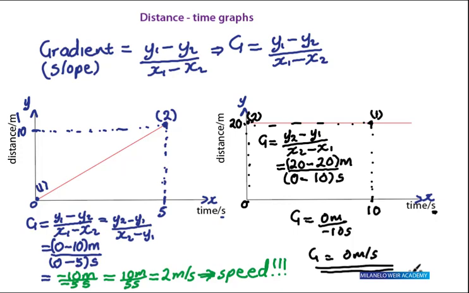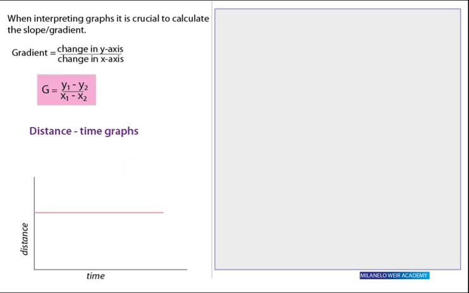Okay, let's now look at the common graphs for distance time and interpret them, describe them. Well, here we're saying when interpreting graphs, it is crucial to calculate the slope or gradient, where gradient is changing y-axis over changing x-axis. The formula is here, we've already established that. So let's look at distance time graphs and describe them. Well, what it really means here is at this point,